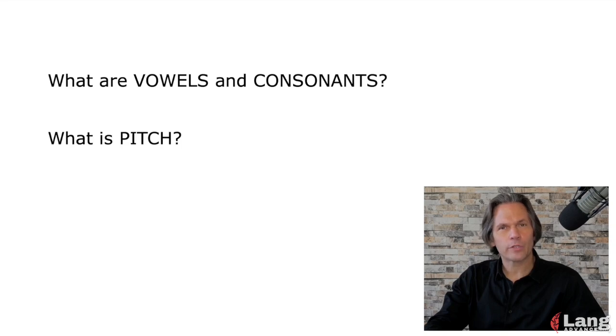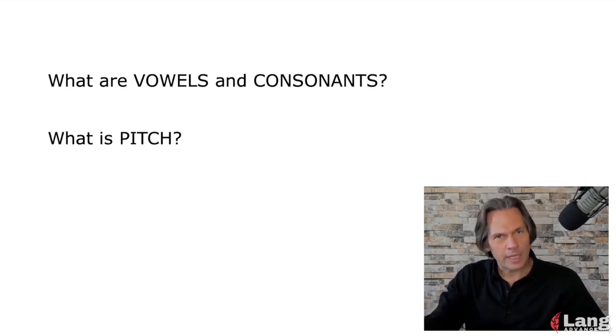We're going to start with the first question, what are vowels and consonants? But first, some clarification. The word vowel and the word consonant could be used to refer to the written language, the 26 letters of the written alphabet. The written language has 5 vowels and 21 consonants. But in this course, we're concerned about the spoken language, and therefore I'll use the words vowel and consonant primarily to refer to the spoken vowel sounds and consonant sounds.